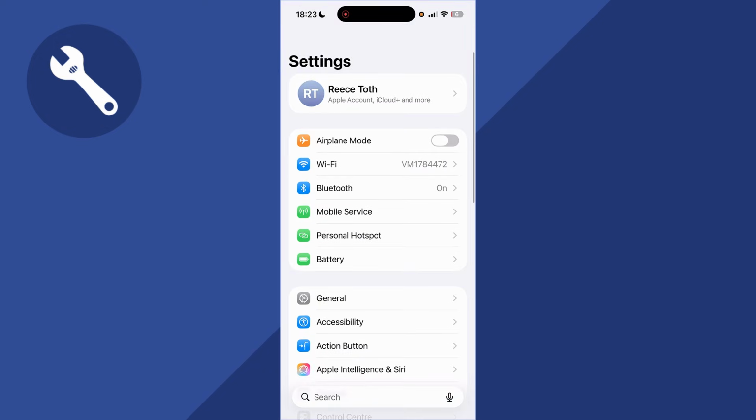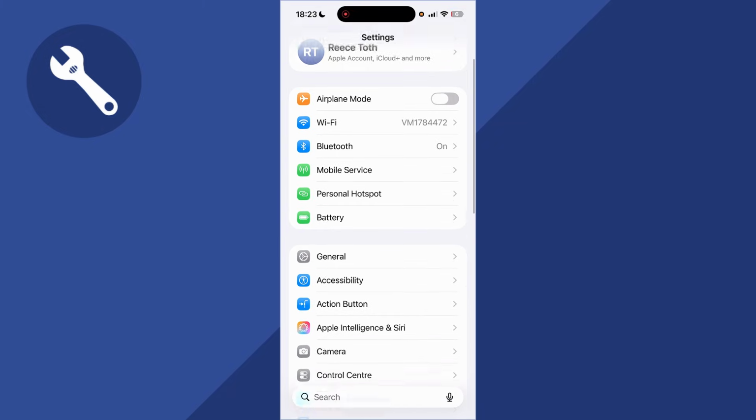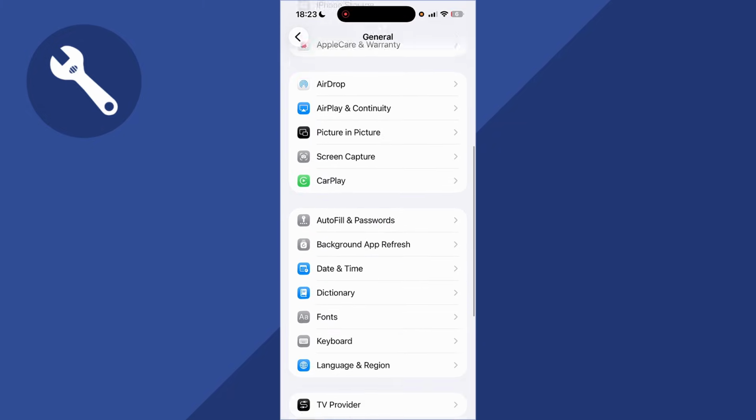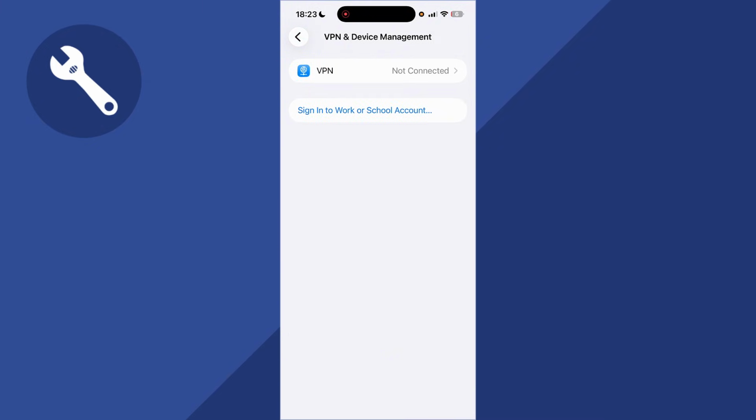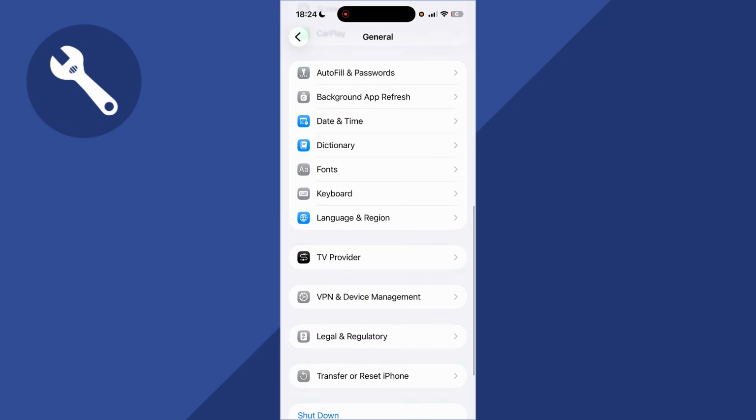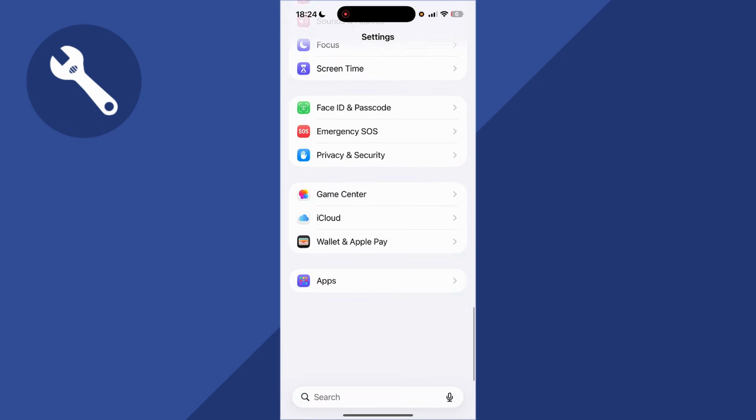Once you've done this, head back over to the main settings page, scroll down and click on General. Now scroll down to the bottom and click on VPN and Device Management, and if you're currently connected to a VPN, then just go and disconnect from it. Once you've done this, head back over to the main settings page, scroll all the way down to the bottom